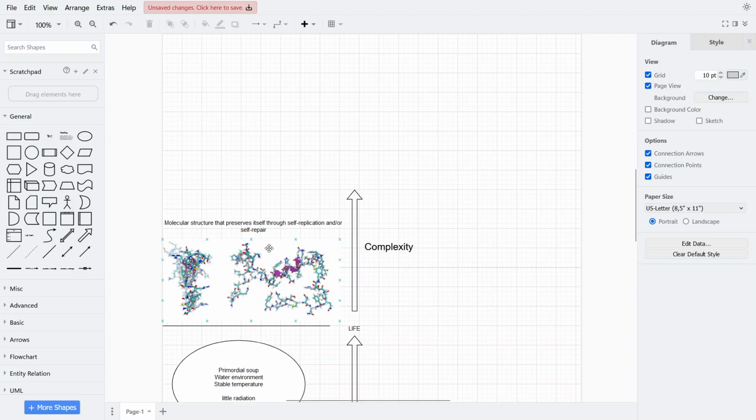Then you have molecules that self-replicate, and those keep evolving in time to do all kinds of stuff. Because when they die, or some of the copies die, you still have some others alive. And then you start having